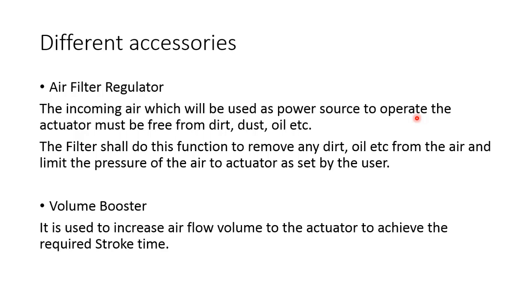So we come to the end of this lecture. Let me summarize quickly. What we have seen in this is what are the types of the actuators, such as single acting, double acting, direct acting, reverse acting. Also we understand what is the sizing and the selection of the actuator, what are the different accessories that are used along with the actuator, what is an electrical actuator, what is an electro-hydraulic actuator. We also have seen some of the functioning of the accessories and how they work in combination to achieve what control is required by the customer. Thank you.